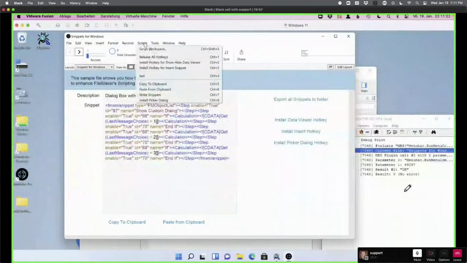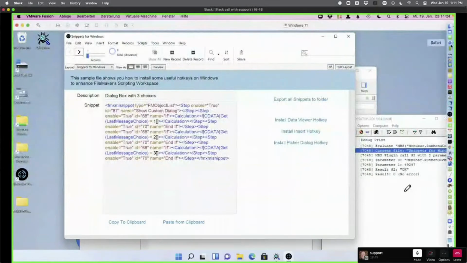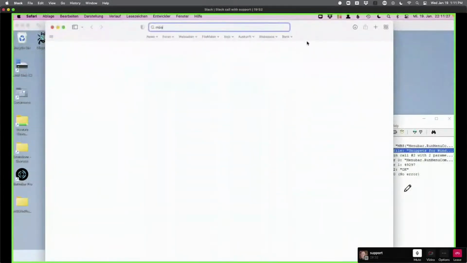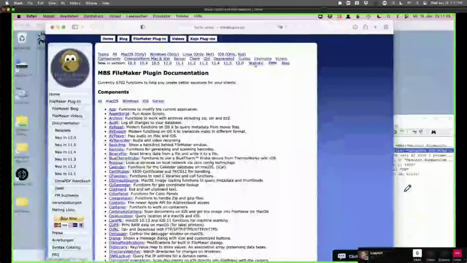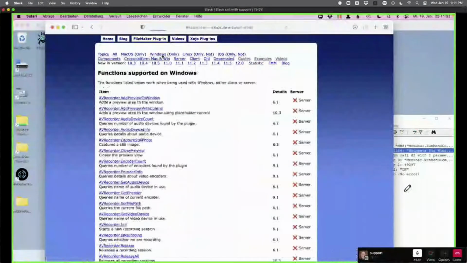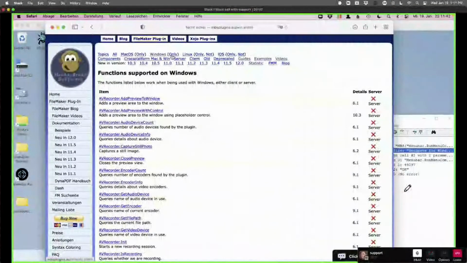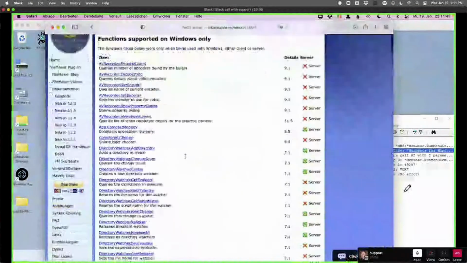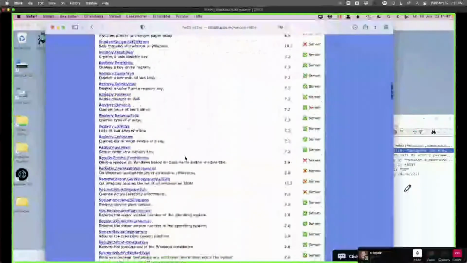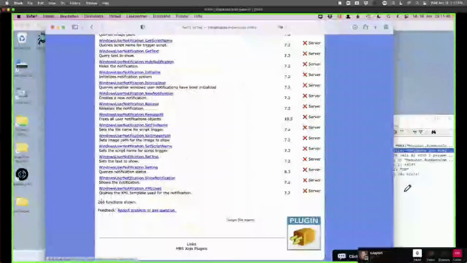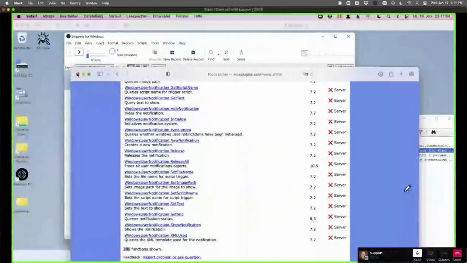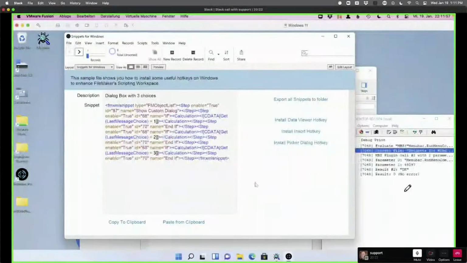From our documentation, MBS AU and statistics, now here Windows. We have 4,317 functions for Windows, and a few of those are the hotkeys. And here we have functions only for Windows. So that's 286. Got it. But today we just want to show you how to combine a couple of MBS functions on Windows to